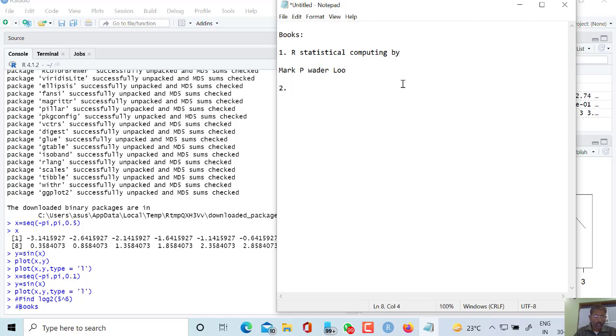Second book is R Graphics Cookbook by Winston Chang. And likewise third book is R in a Nutshell by Joseph Adler.